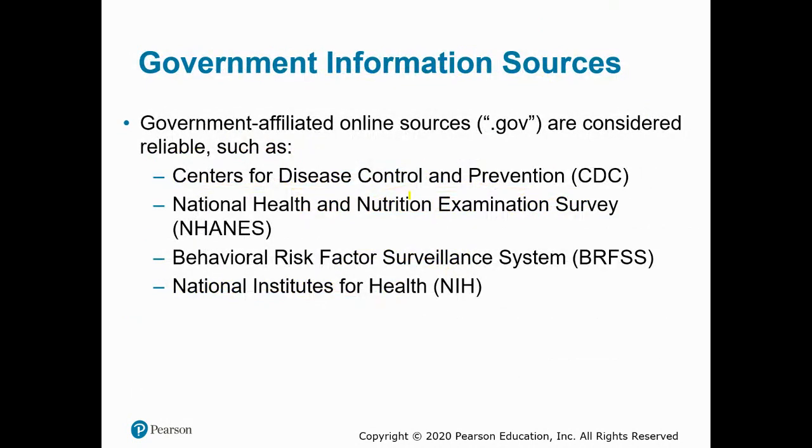And then some government sources of information, and we will use and reference these. There's the Centers for Disease Control and Prevention, the CDC. There's the National Institutes of Health, the NIH. They fund a lot of research studies. And then the NHANES, the National Health and Nutrition Examination Survey, is a really large-scale study that is often referenced when we're talking about nutrition and medicine. So it's a very reliable source of information,